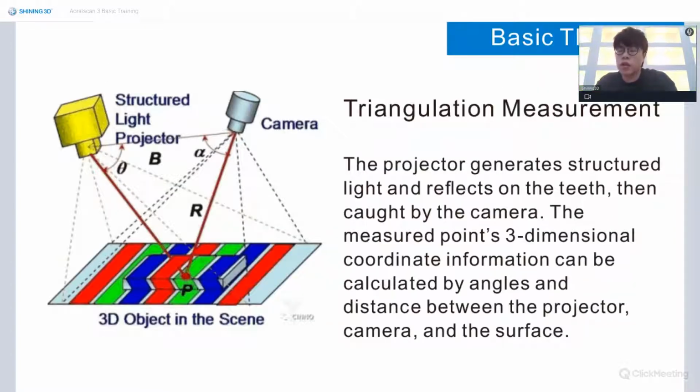First, I will talk about the basic theory of our product. We use triangulation measurement as our basic theory. Inside our scanner, there is a light projector and a camera. The light projector generates structured light, which reflects on our teeth and is then captured by our camera. But because it's a single camera system,